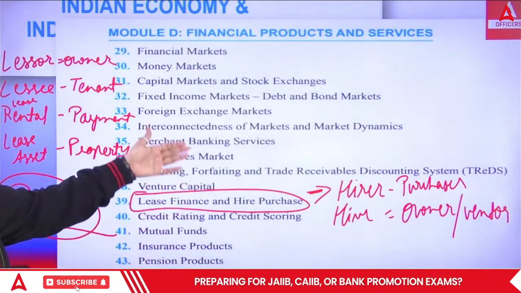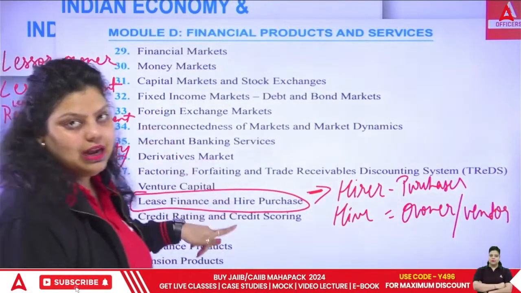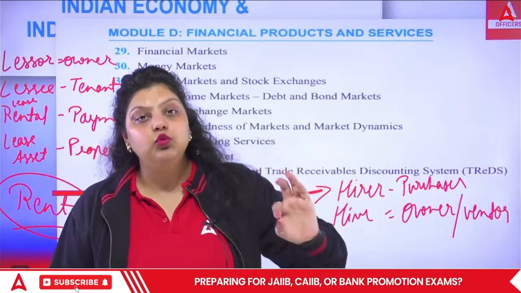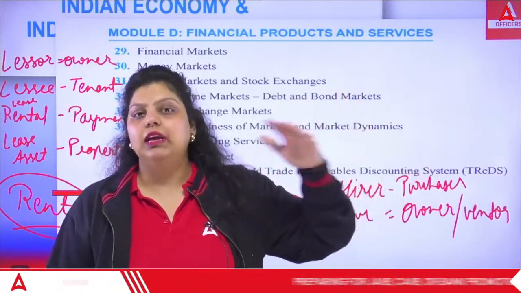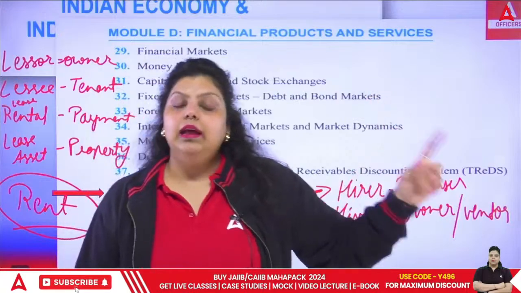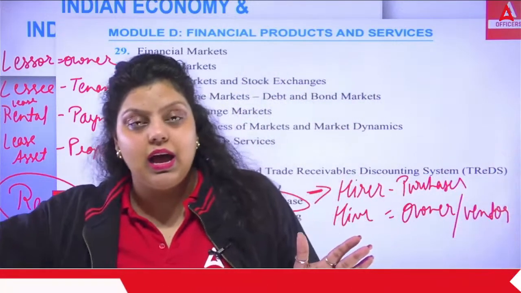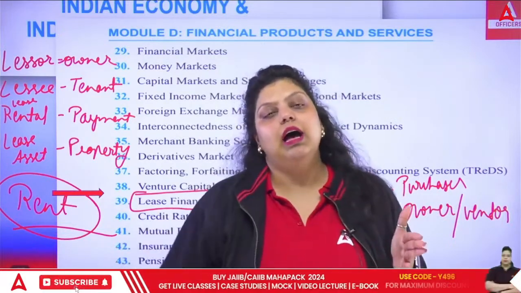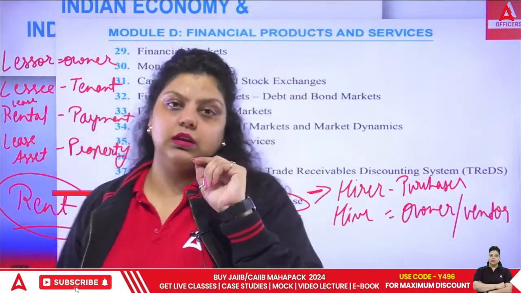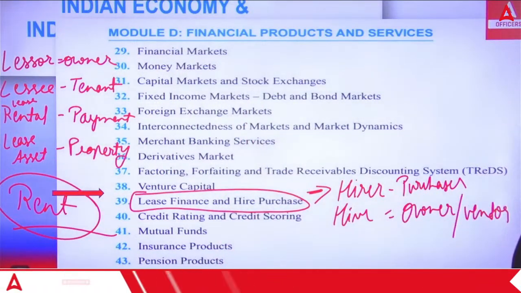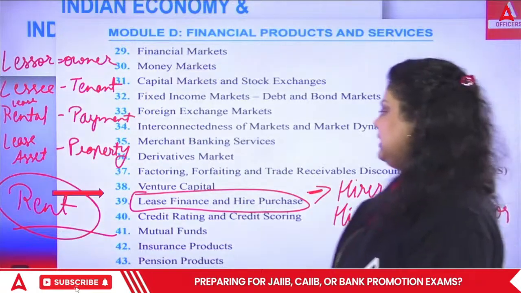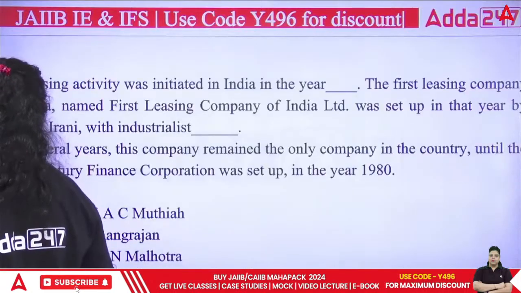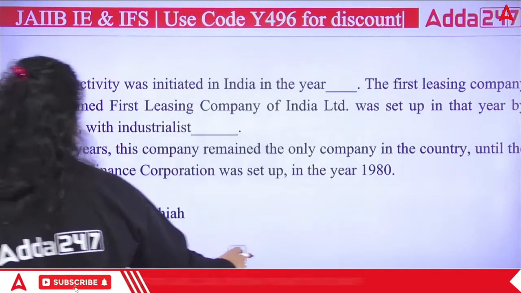So the hirer will be paying a down payment to the hiree and will get possession of the asset. The hirer has to pay installments over the next 10 or 20 months, whatever has been decided. After the hirer makes the last installment to the hiree, the owner, the hirer will get the ownership of that particular product. So this is hire purchase. I hope both the terms are clear. Now let's move forward and discuss the same chapter in the form of MCQs. It will give you more understanding of the chapter.